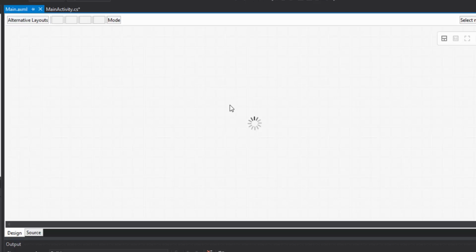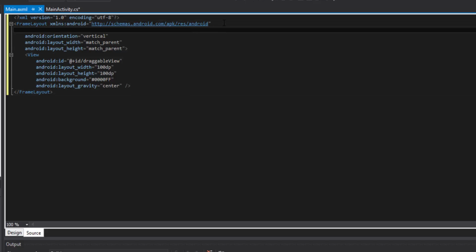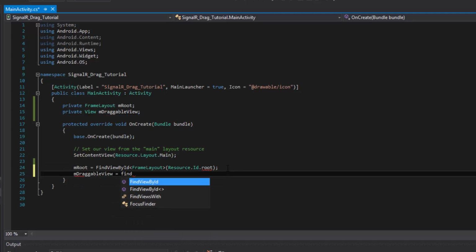So let's go back into our main source, and we want to change, or actually added, I'm sorry, an ID, root. All right. Now the next thing we want to do is to say the same thing for the view,